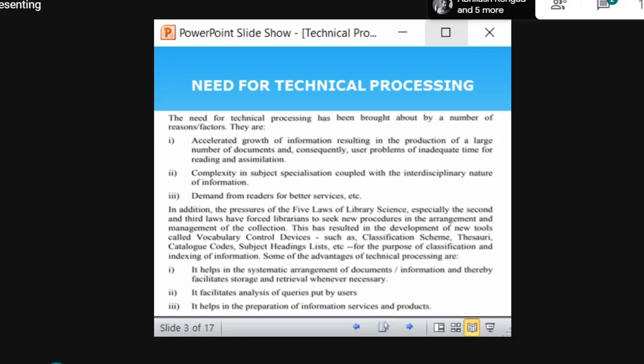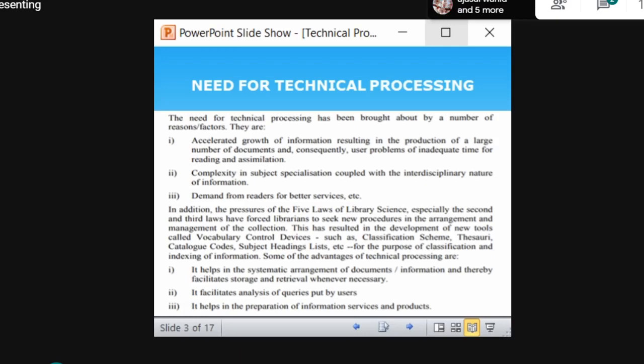Why do we need to have technical processing? Because every day there is a lot of information coming out. When you see Web of Science, the Core Collection database is updated every week, right? We saw that. That means there is new research every day, and they are updating every week. New information is coming out every day, and it is produced in a large number of documents of different document types. One is a book, one is a journal, one is a review, a large number of documents. And it is difficult if you store all the resources line by line or in a common way.